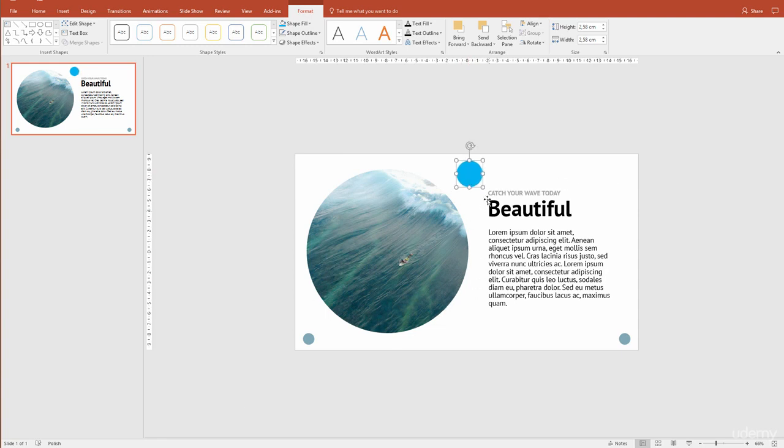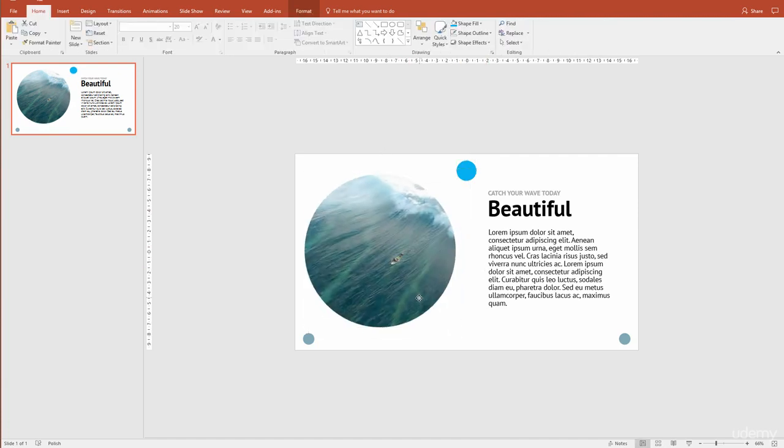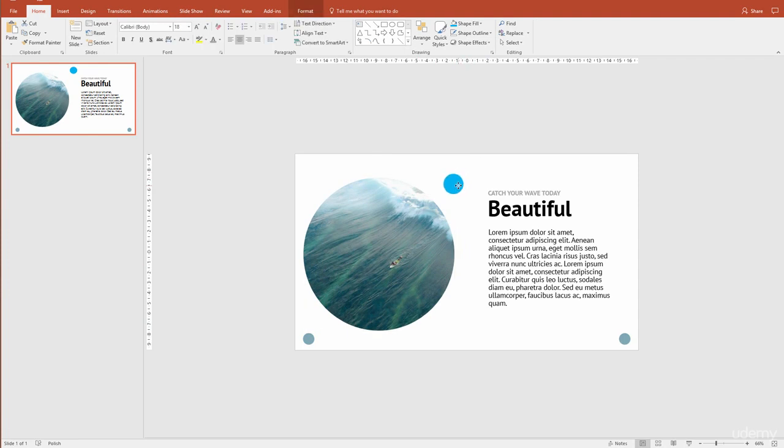This, however, doesn't look finished. Let me make it smaller, and now let's place everything properly so it looks a bit better. I'll place the circle more on the left. I'll place this dot here, so it somehow covers the left side. Now I need some more